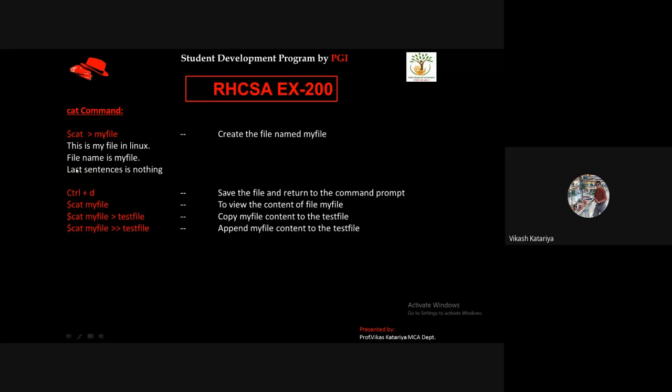This is the cat command. By using the cat command, we can create a new file, and we have already discussed how a new file is created. And for saving the content of the file, we have to use Ctrl+D. Now here we have to learn one more thing.